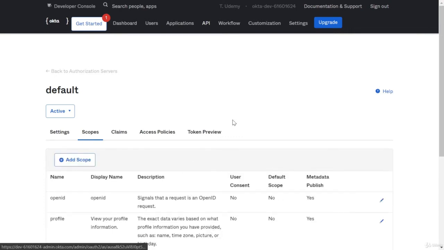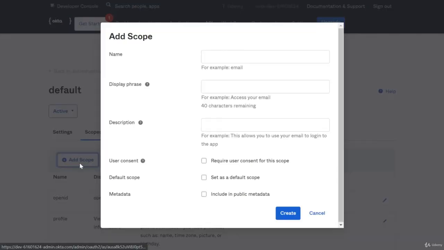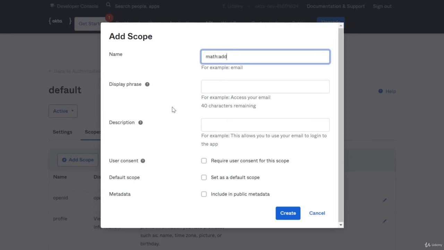We will later have several endpoints for the calculator, so we will create one scope for each endpoint. Add a scope. We can use any name, but for this, I will use math:add. This scope will later be used to request access to the calculator endpoint.